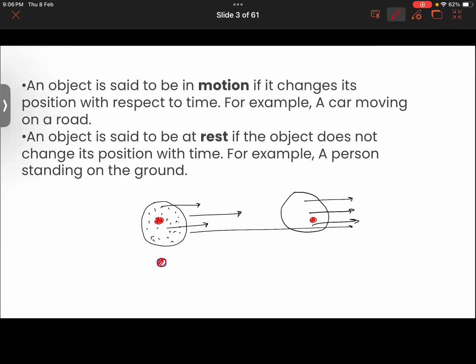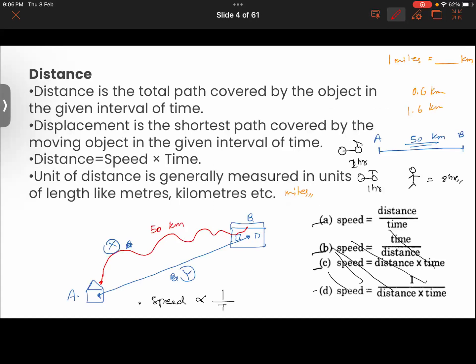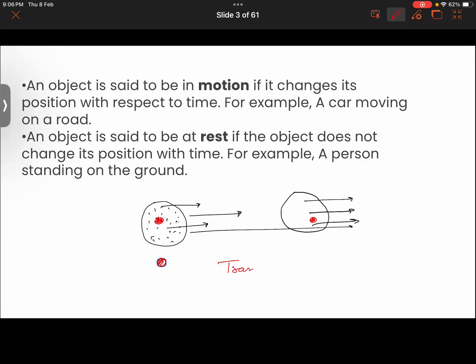Getting it now? So we say that when the different parts of the object along with the whole object move in the forward direction, that is called a translatory motion. The translatory motion is when an object along with all the components, along with all the parts of the object, moves forward, that is called a translatory motion. So thereby a